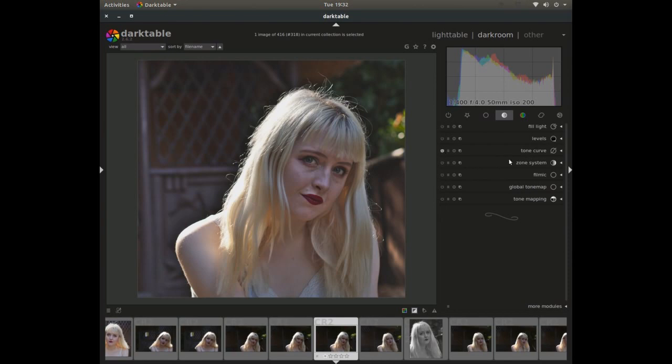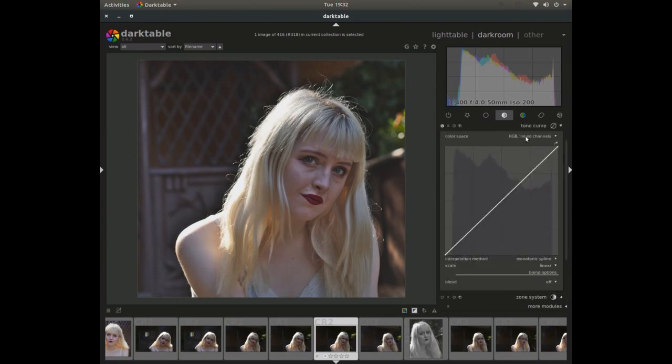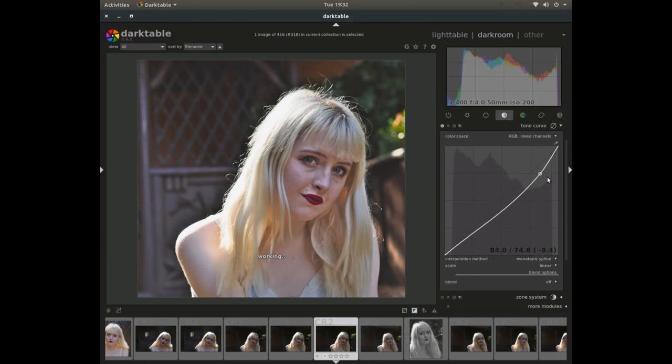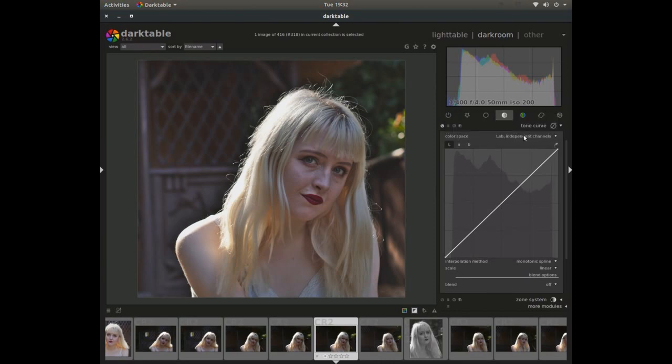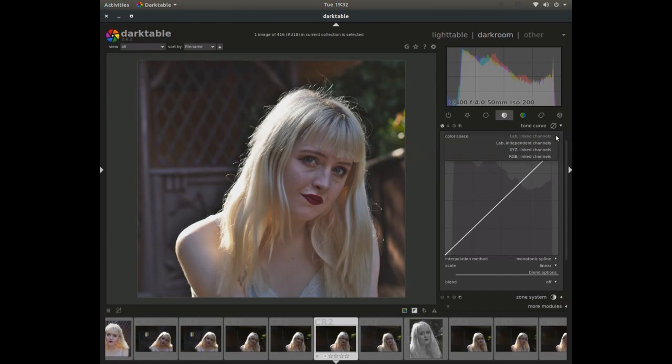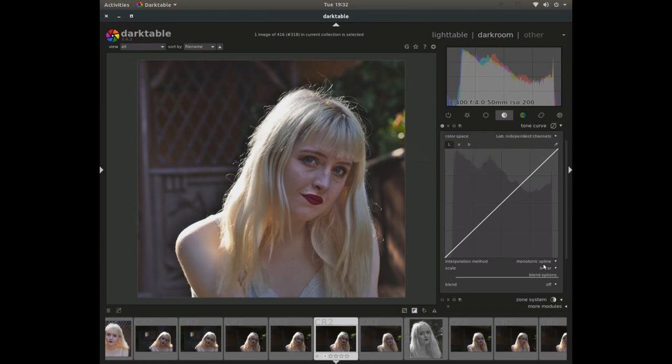So moving into the tone curve, and this creates options. Now you can just go in and edit straight away and start pushing tones up or down or making adjustments that you want, or you can make changes based off the lab channel. And if you don't understand what lab colour is, I would research that or stay away from this for the time being. I'm just going to work off the RGB link channels for the purpose of this video. So that works on all the red, green and blue parts of the image, which all images are made up from, together. So let's take the pivot,